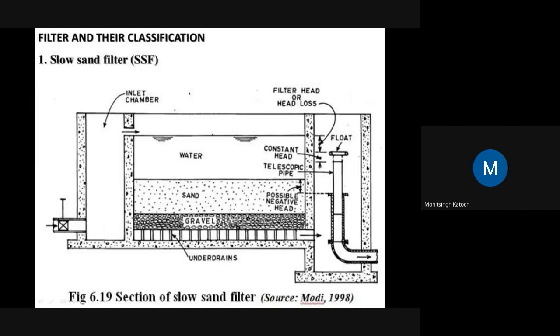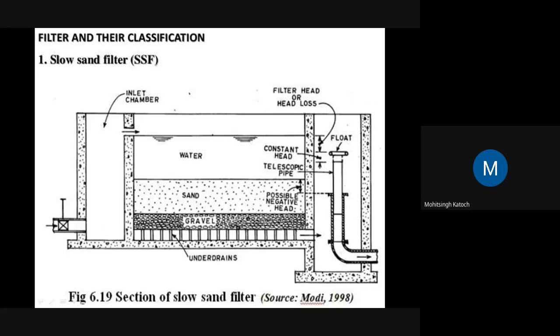There is a layer of sand available, which is a biologically active sand filter media. Below that, there is a layer of gravel. Both these help in the purification of water. Drop by drop, water travels in the bottom direction, and these drops are collected using the under drainage system. All these under drainage pipes combine together into a main drainage pipe, which then connects to the outlet chamber, and clean water can be taken out from this outlet pipe.